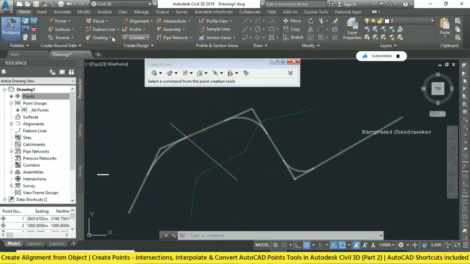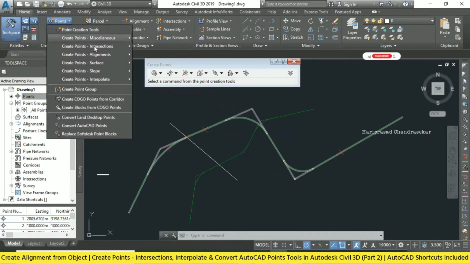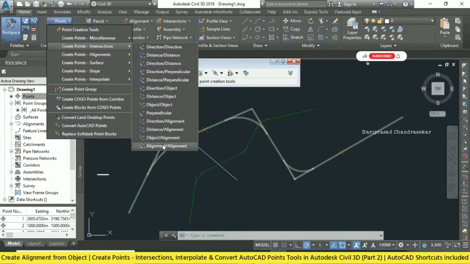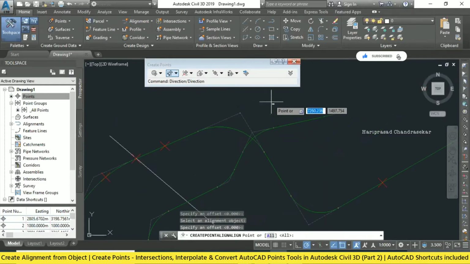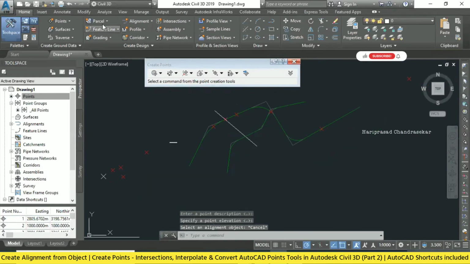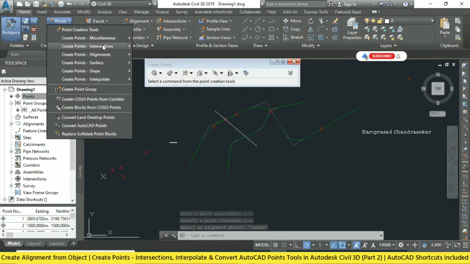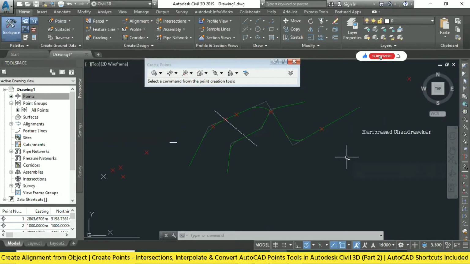Now, based on the intersection, we can go for intersection, alignment. You need to select the first alignment and offset, the second alignment and offset. See, in between it is coming. The point is coming there. So the point creation tools are simple. Basically it's intersection, whether with an alignment or even a single polyline, it's a matter of intersection.